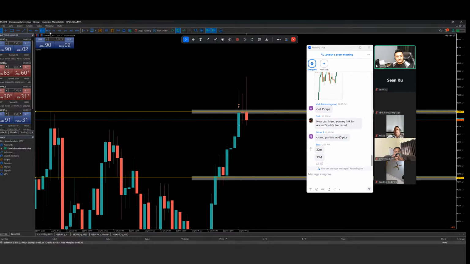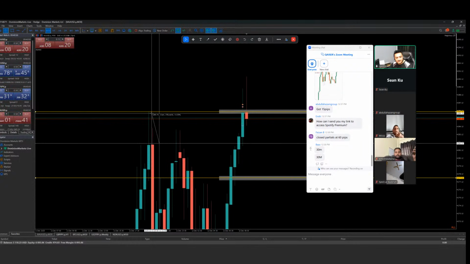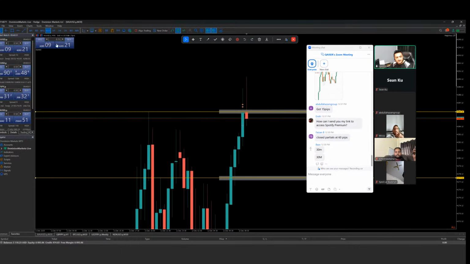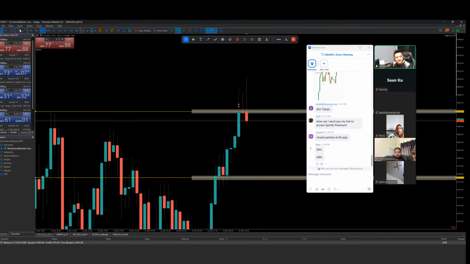On the 30 minute, you need to understand that these 30 minute candles have long wicks in them, like 40 pip wicks. So can you flip from the 30 minute to the 15 minute time frame to see if there's some kind of resistance, because you have a lot of wicks on the left hand side. See this one here, 1, 2, 3, 4 wicks. If you flip from the 30 minute to the 15 minute time frame, then you will realize that on the 15 minute time frame these wicks form this resistance area.